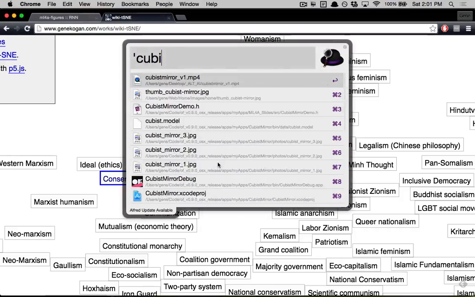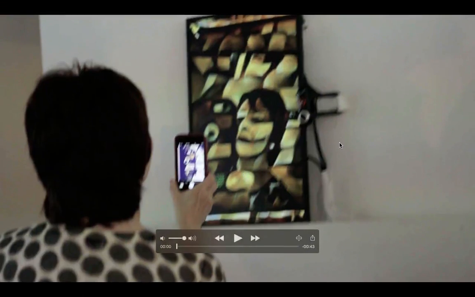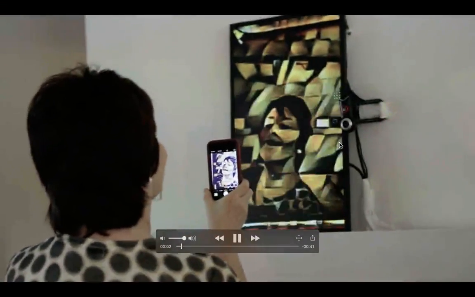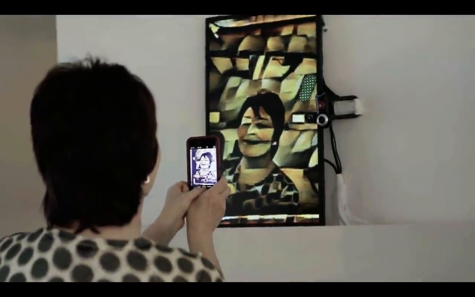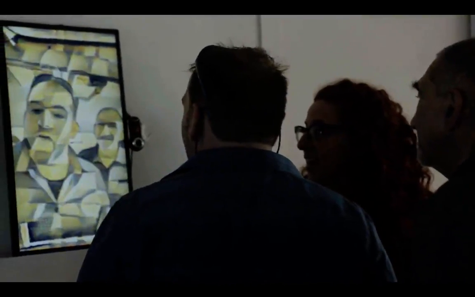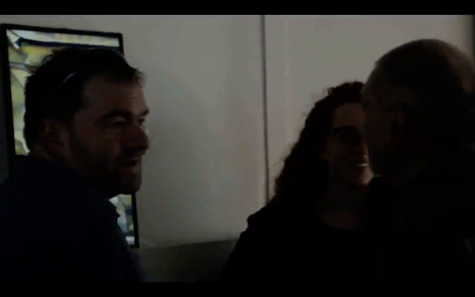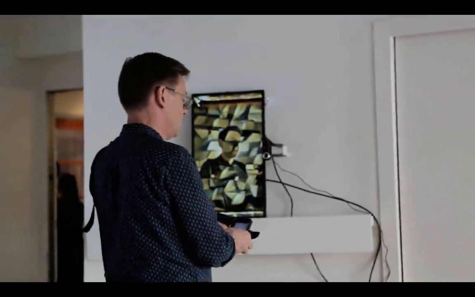And I actually used it recently at an event called Alt.ai, and I'm going to show you a highlight. I installed this as what I called Cubist Mirror. I just took an LCD screen made by OpenFrame, some of you might know, and put a camera on it, and then put it in an art gallery. This is an art show, so people can kind of interact with it.